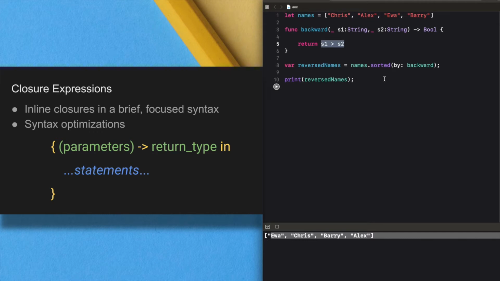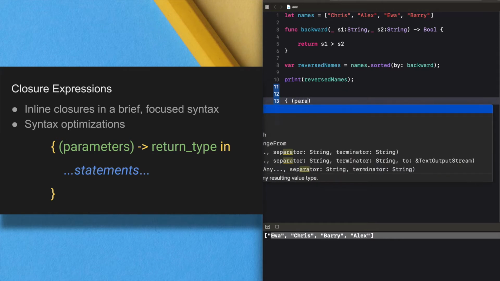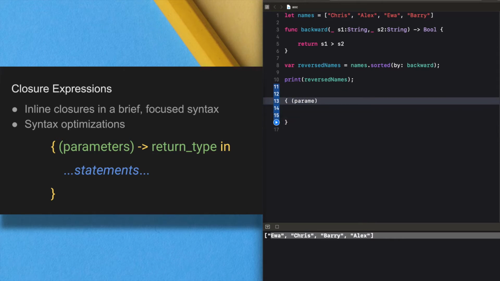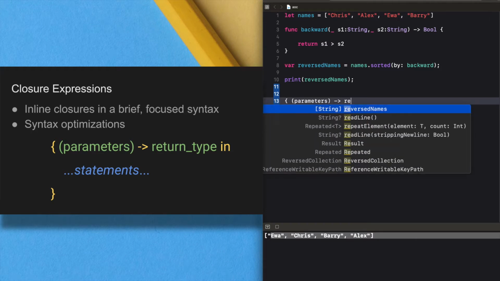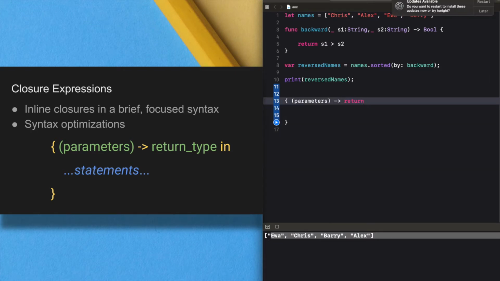So we can check what the closure expression syntax is. It looks like this. We have curly braces, and we have the parameters, then a return type, then the in keyword, then the statements go here.